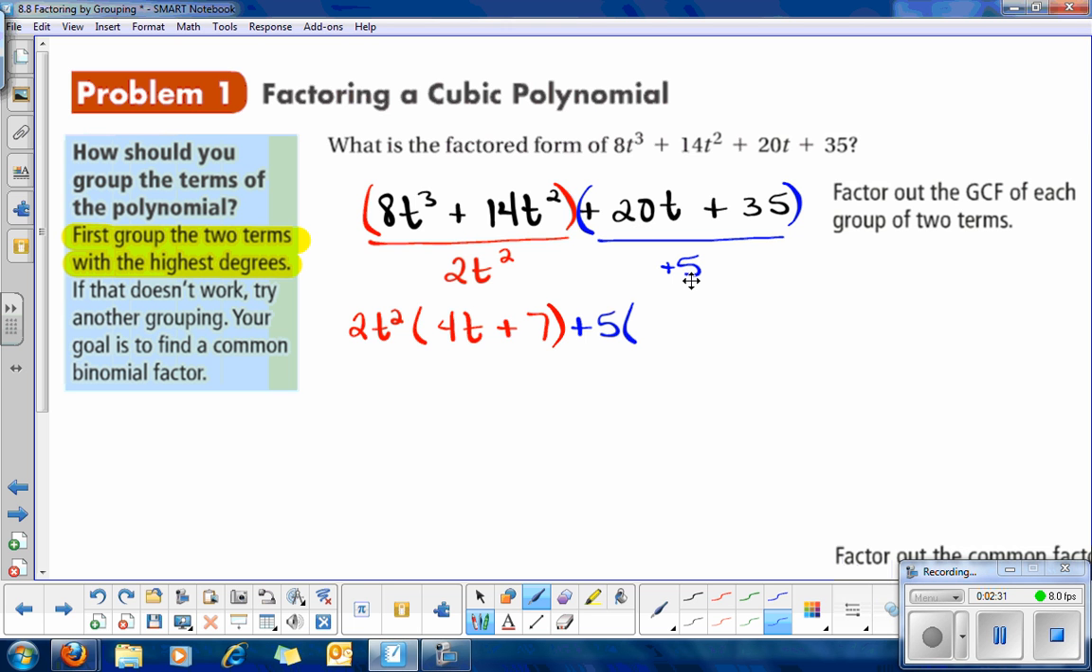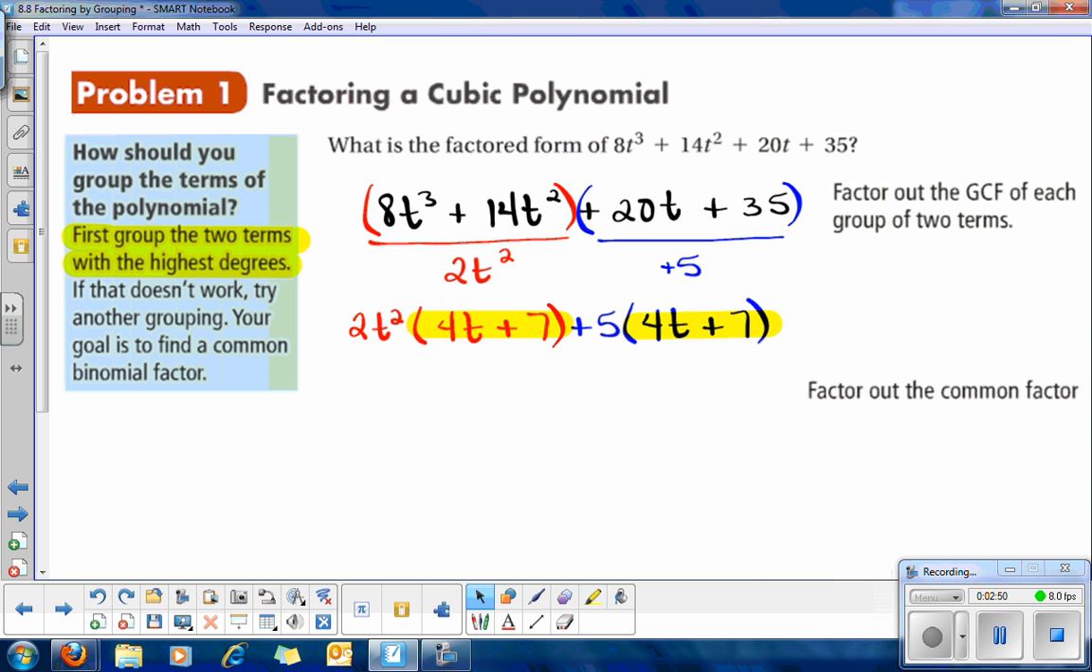So 20 divided by 5 is 4. So we end up with 4t. And then 35 divided by 5 is 7. So that's going to be a plus 7. And again, we have a common binomial factor. So the next thing you're going to do is you're going to factor out that common